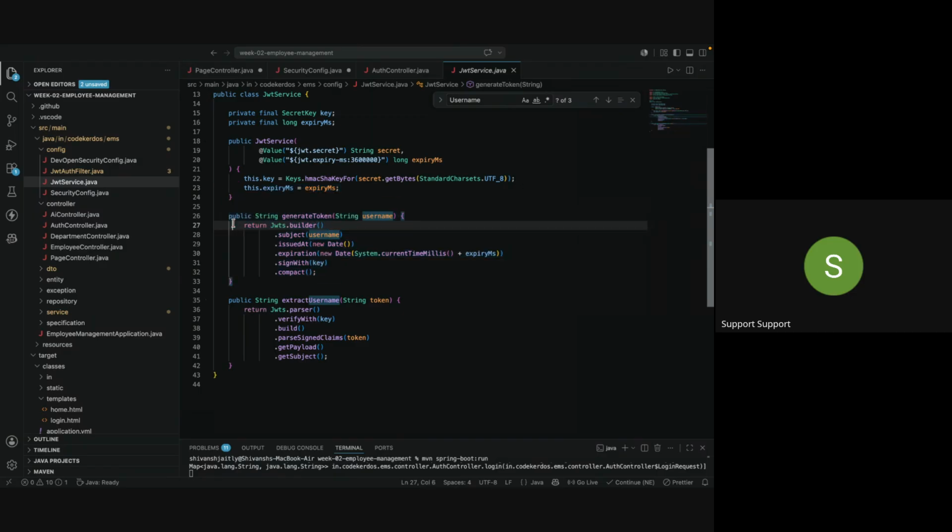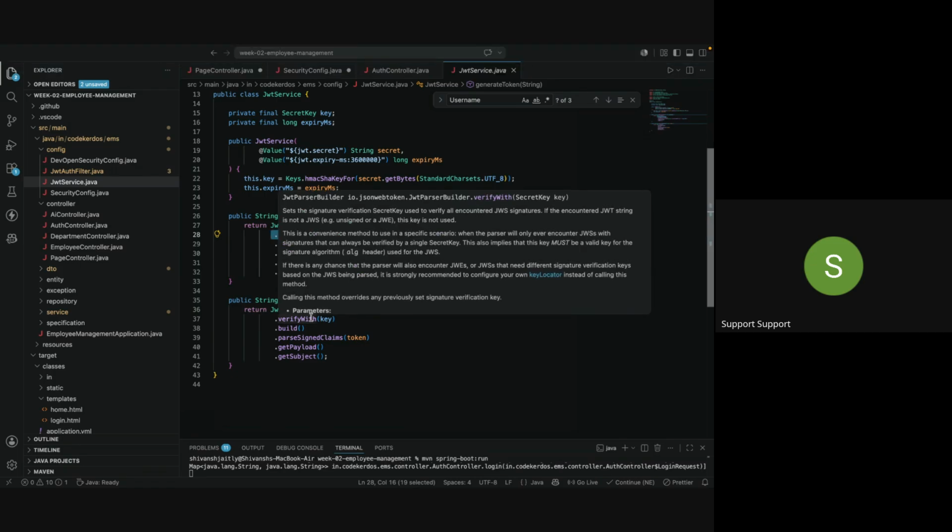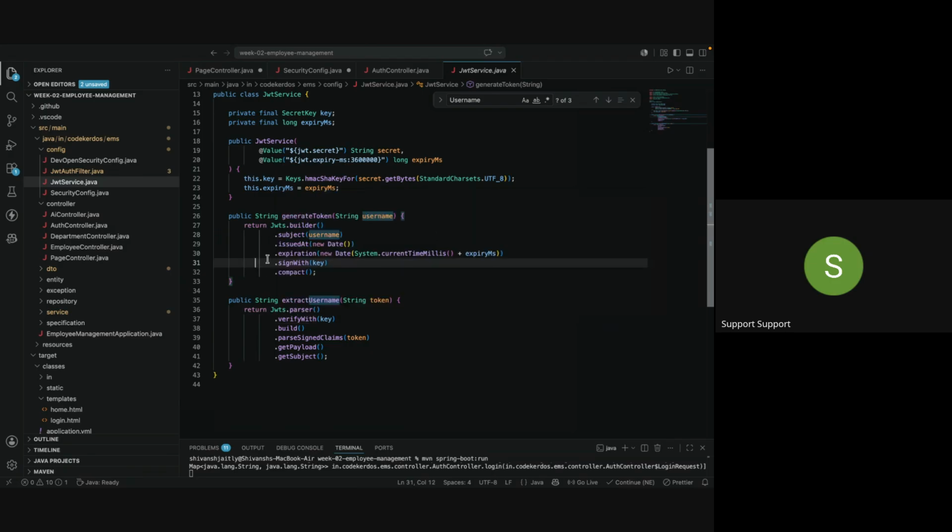So what is actually happening inside this generateToken? This username is hr@codecreators.in. So you have the subject hr@codecreators.in. Issued at is whatever the date is. Today is, I think, the 4th of July, that is fine. Now check this expiration. It says that the expiration is System.currentTimeMillis, so whatever the time is, right now it is 4:31, plus